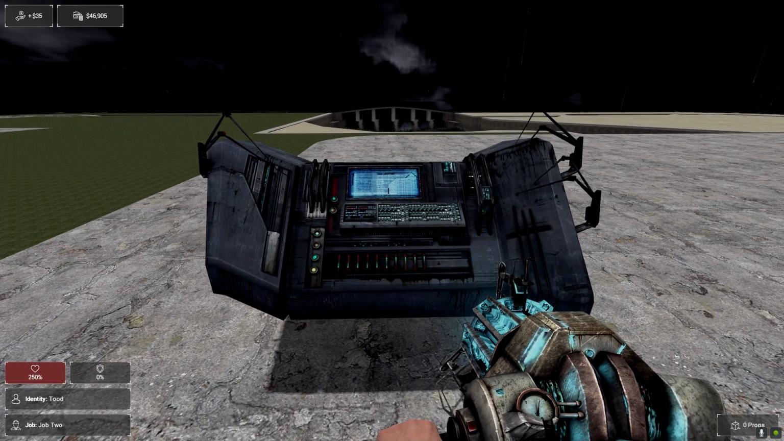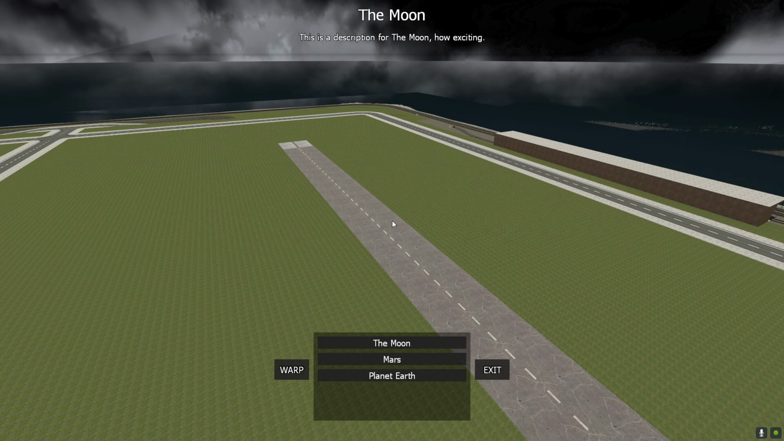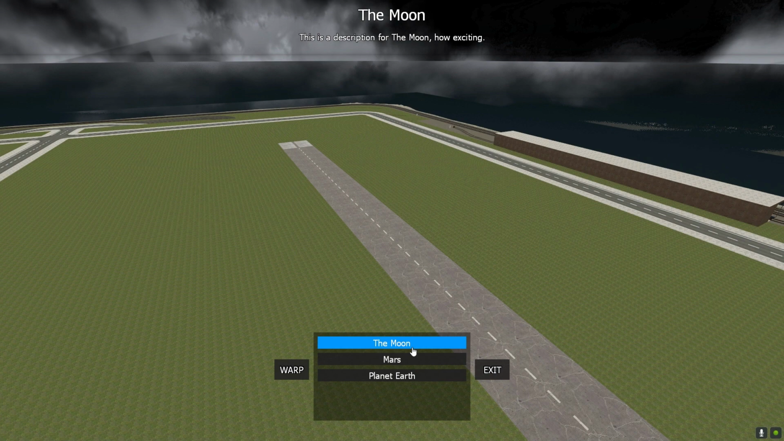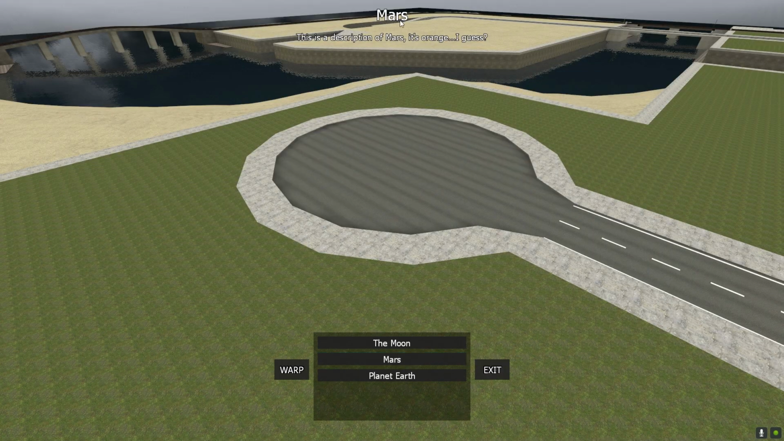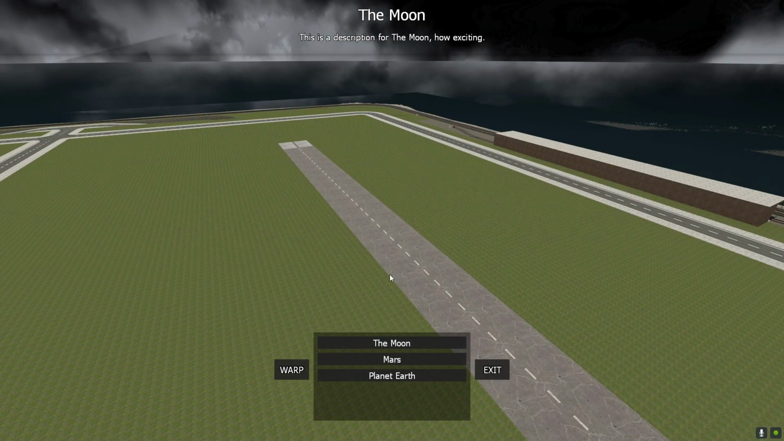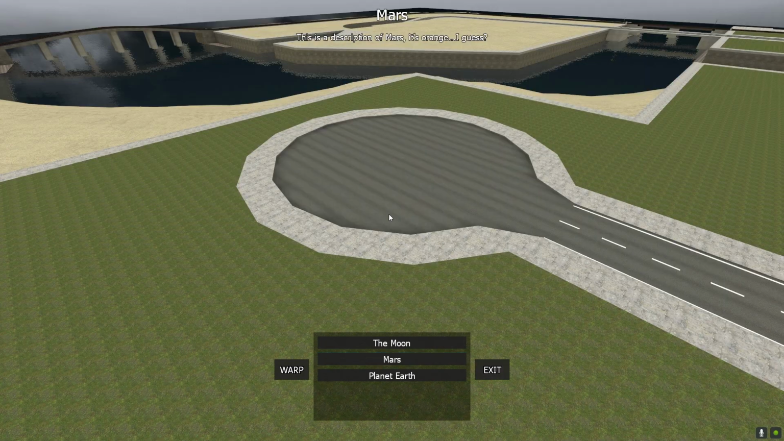So players simply walk up to it, use their use key, which by default is E for me. And as you can see, I already have 3 warps set up: The Moon, Mars, Planet Earth. You can see the name of the warp and the description at the top of the screen. There we go. All players have to do is click the warp they want to go to, so we will